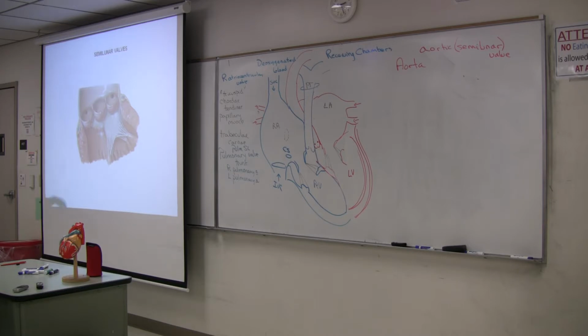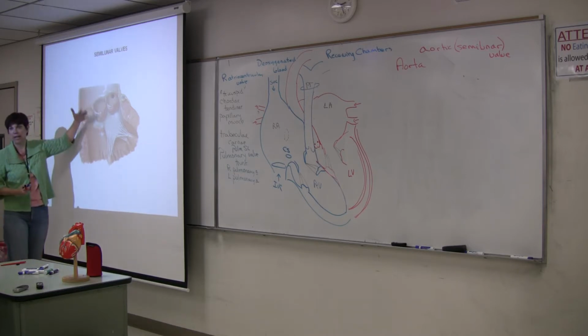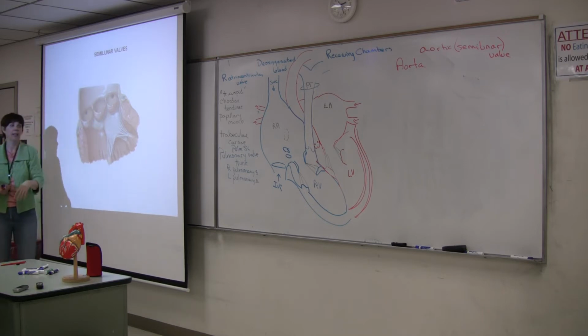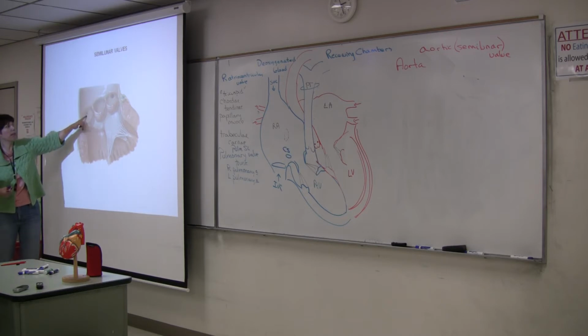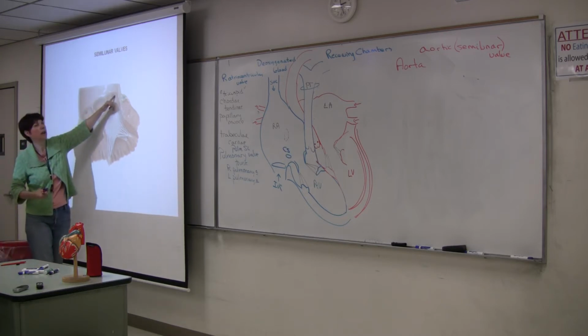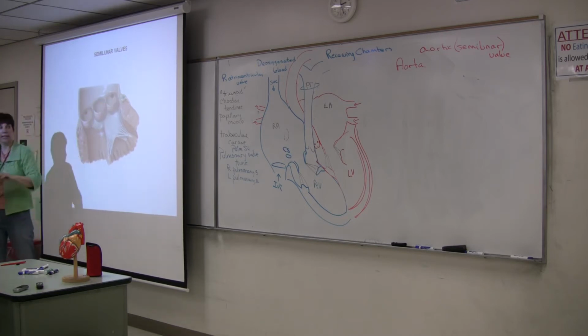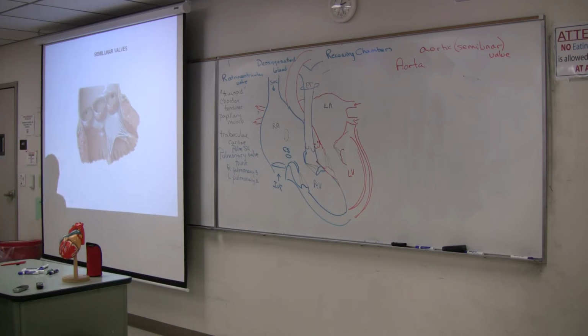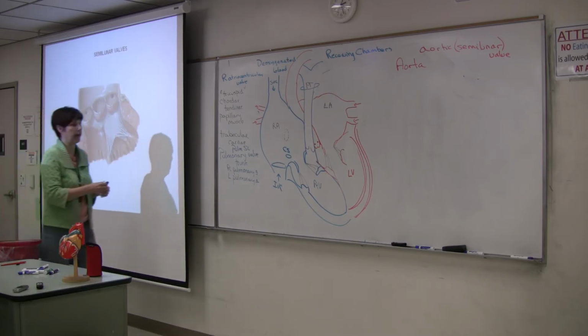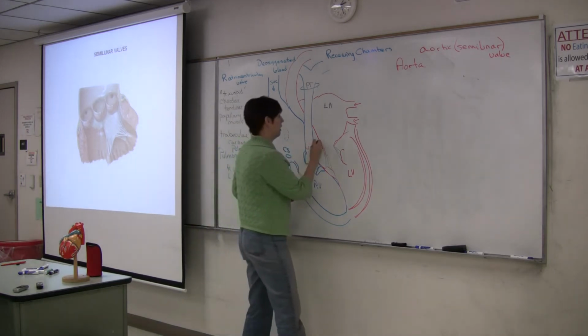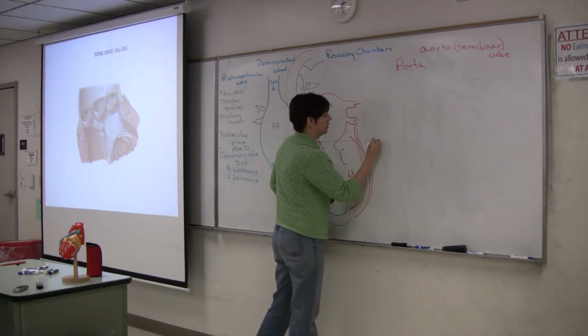And the valves close because they fill with blood during that backflow. And that keeps blood from flowing completely back into the ventricles. When those cusps close, two openings become visible associated with two of those leaflets, and those are the openings for the coronary arteries. They're not valves of the coronary arteries, but these are just the opening